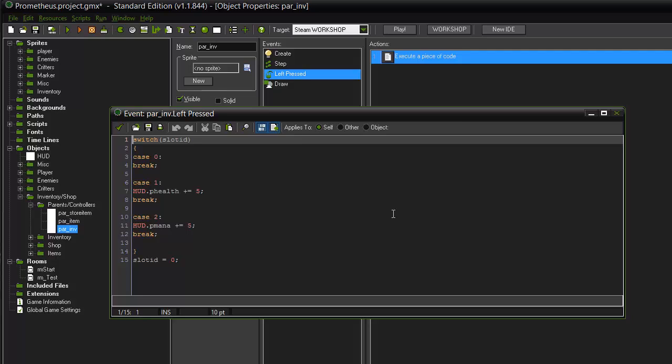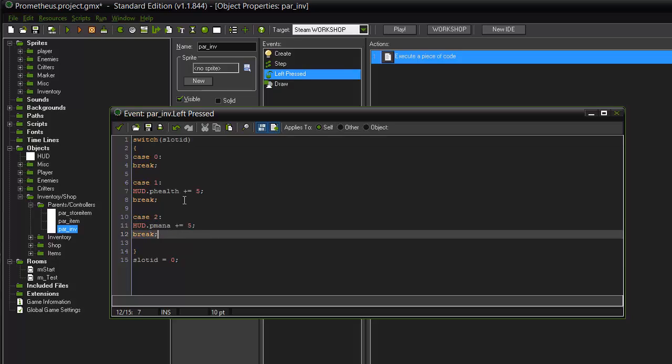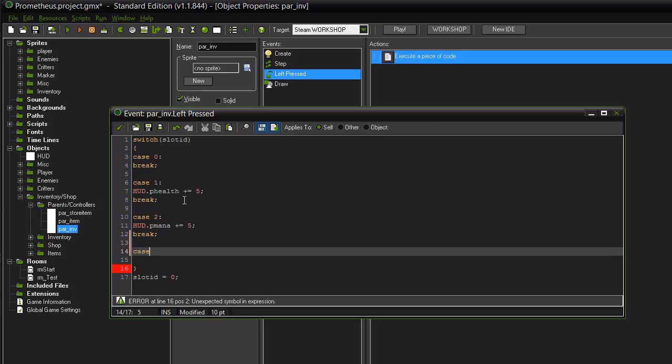Left pressed. Now, this is when I add an item into the game. It's another easy way of doing it, so long as I have item ID equals this, and I have the sprite index for it, I'm fine. So this is the left click on there. At the moment I've only got a health potion and a mana potion. But if I add, say, a sword,